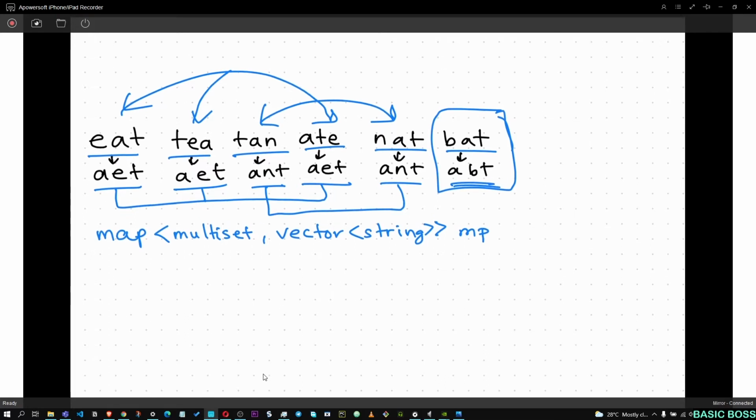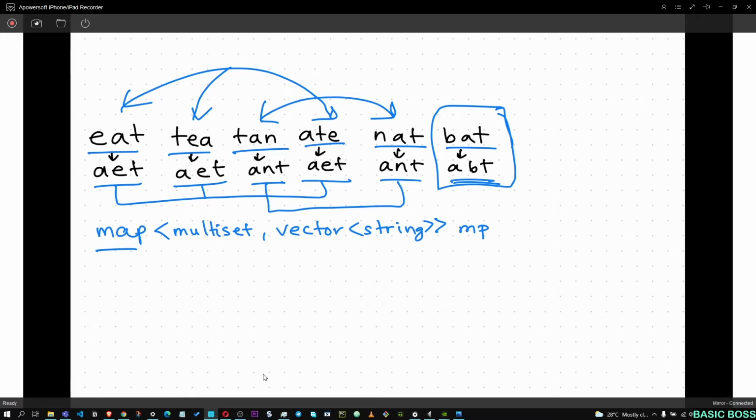So what we will be doing is creating a map, and that will be mapping the strings to a multiset, and the multiset will be composed of the characters, because we will be inserting the characters of each string into the multiset, and the multiset will be sorting them, and then we'll be using this to map the original string to the same multisets. So what we can do is iterate through them. We will be creating these words using the multiset.